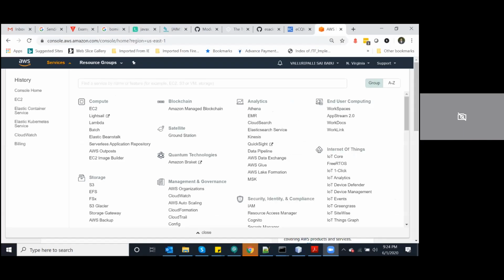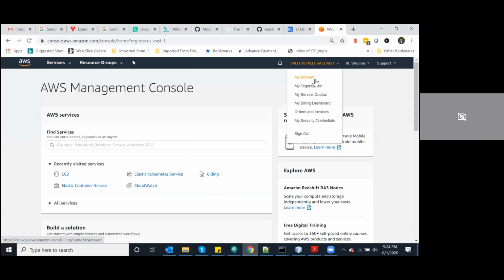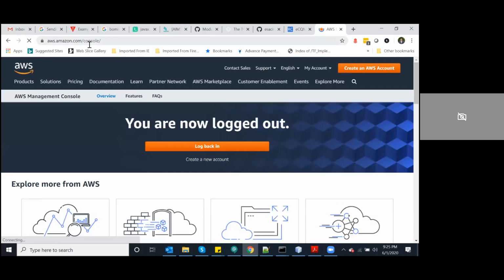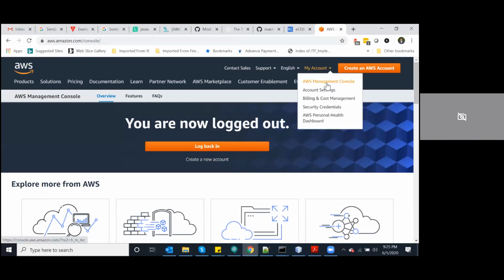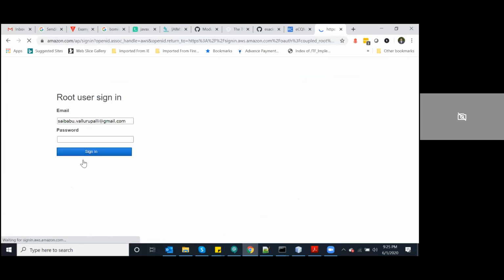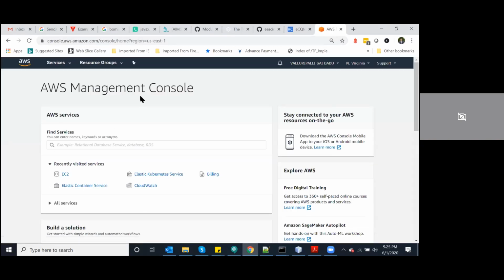If you are seeing my screen, I already logged in. This is my account. You can also create your account by going to aws.amazon.com. Once you create, you go to my account, say AWS Management Console, where you have all the service offerings available by AWS. So this is a landing page. You can set your landing page as well. The landing page comes with the most recent services you access. This is what you are seeing.